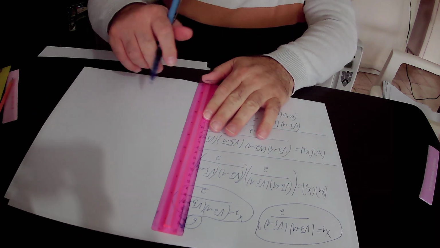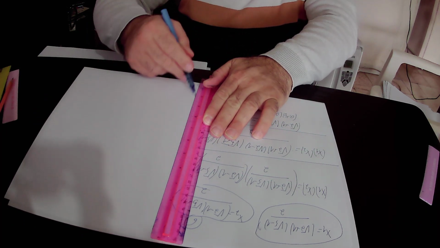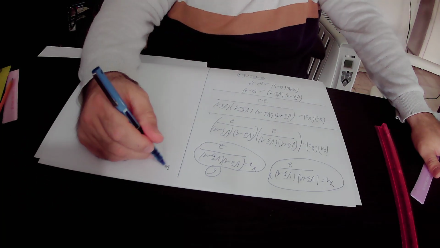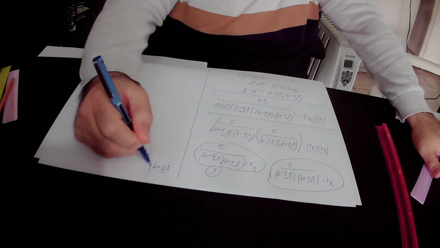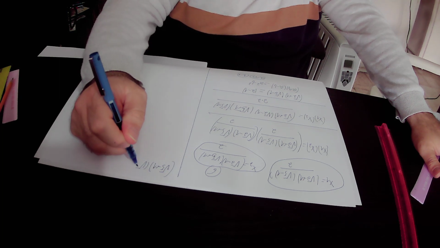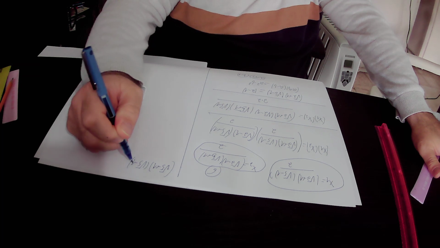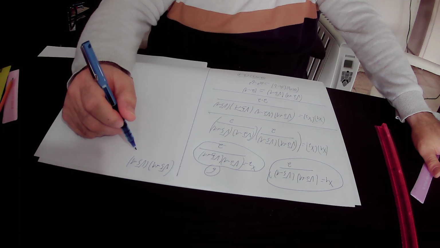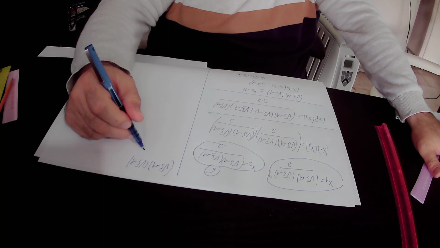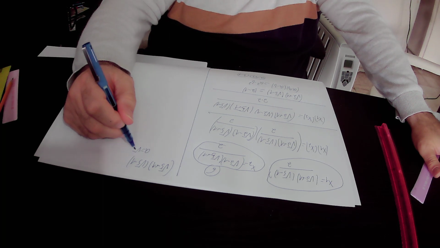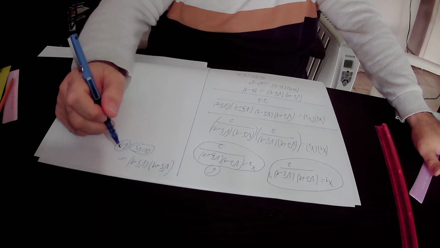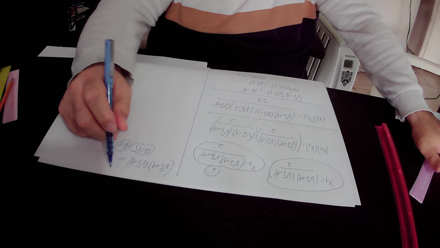In the same way, we will calculate the value of the expression square root of 5 plus 1 times square root of 5 minus 1 according to the algebraic identity: a plus b times a minus b equals a squared minus b squared. In our specific expression, a equals square root of 5 and b equals 1. So a squared minus b squared